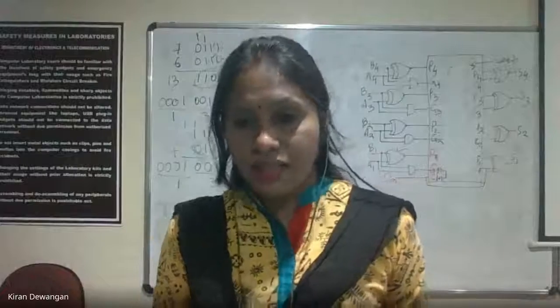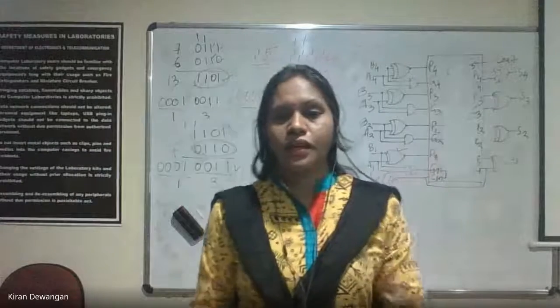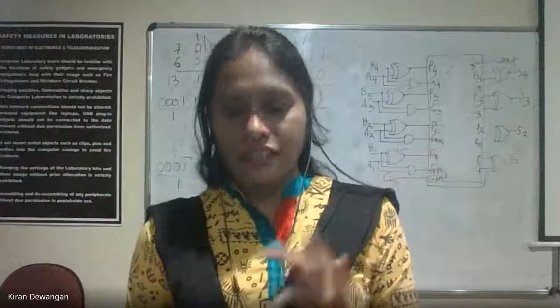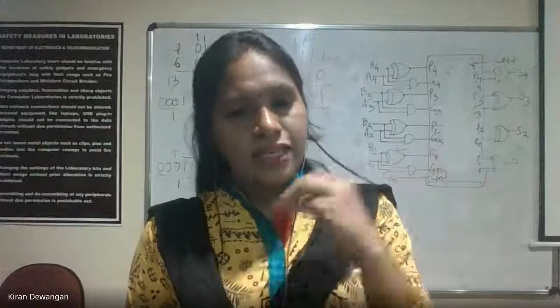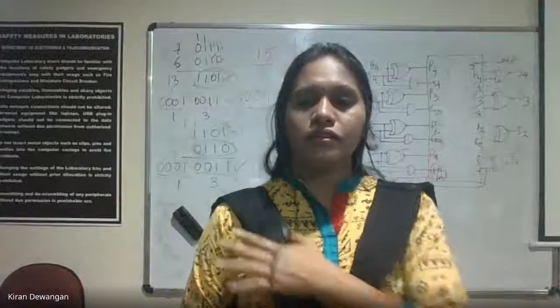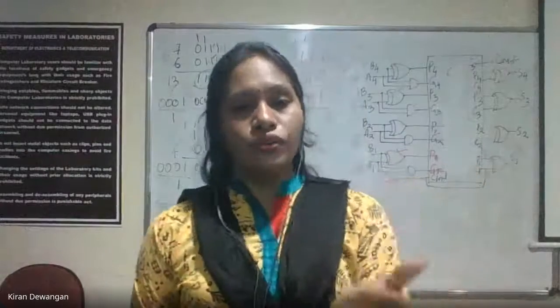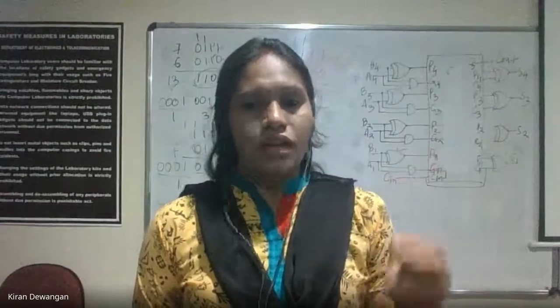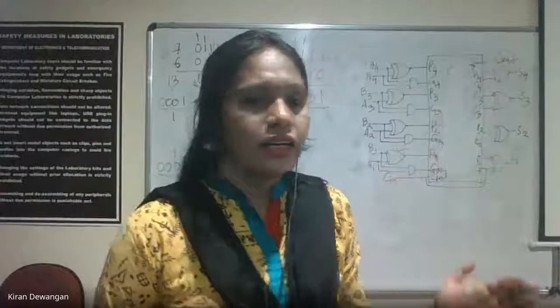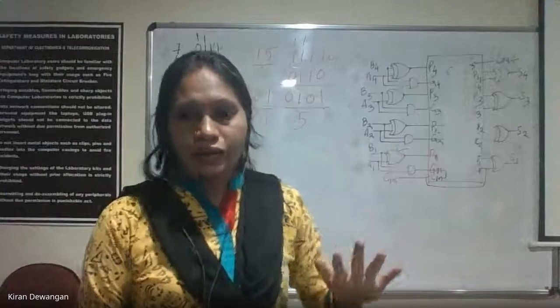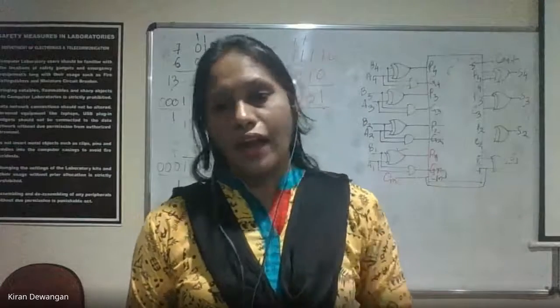Why only 6? I just explained that we are having 6 invalid codes. 6 invalid codes हैं, इसलिए हमें 6 ऐड करना होता है. अगर हम 6 ऐड करते हैं तो we can convert it to a valid BCD code. And if we are not converting it, like if we add 5 or 4 or any other number, we will not get the valid code.